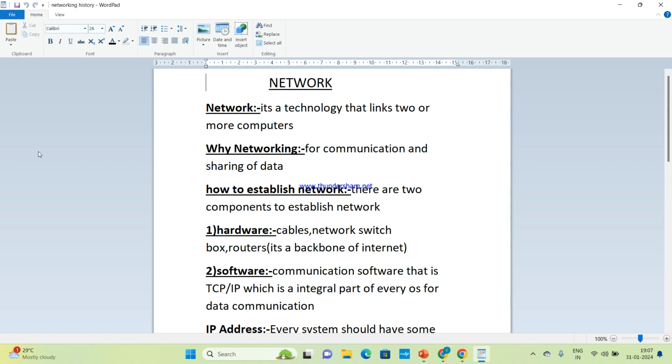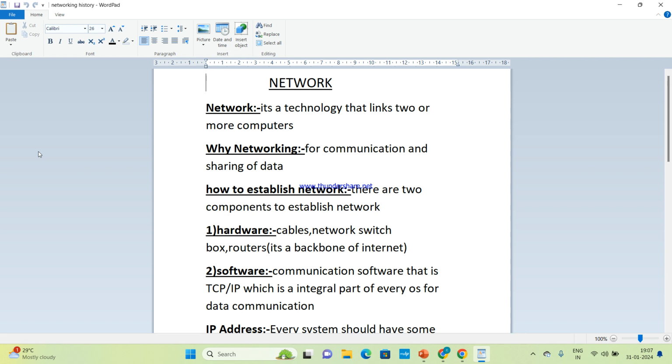Now, how do we establish a network? Two components: hardware and software. Hardware is cables, switch boxes, and routers. This is the hardware to establish a network.